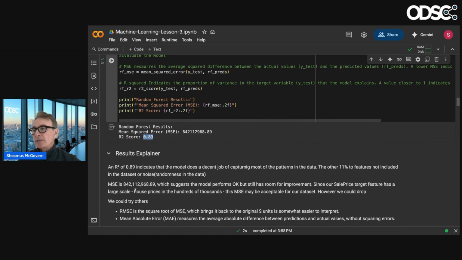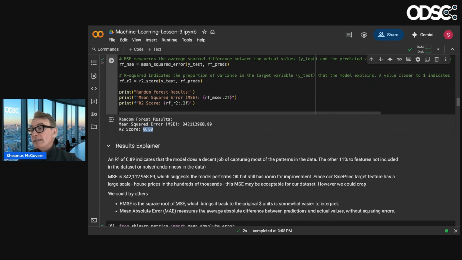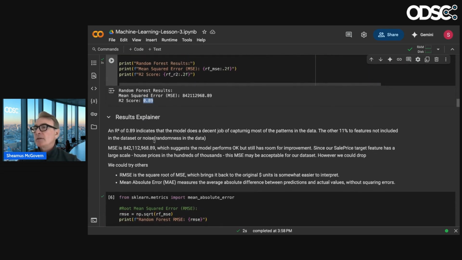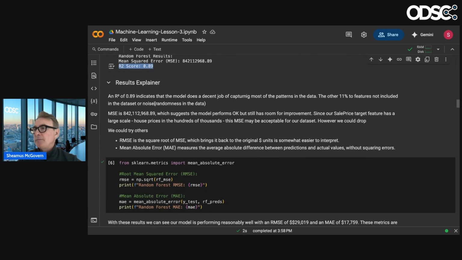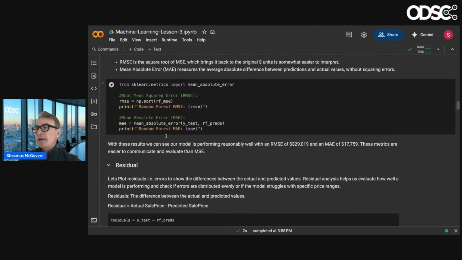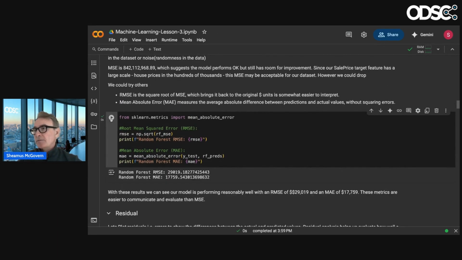We're using house prices, and I explain here it's hundreds of thousands, so of course the mean squared error is going to be quite a large number. But we are making progress here because this R2 score is pretty good. Now we're saying 11% of the variation is not explained by the features in the data set, or is randomness in the data. So we're trying to get rid of that. So a couple of different ways.